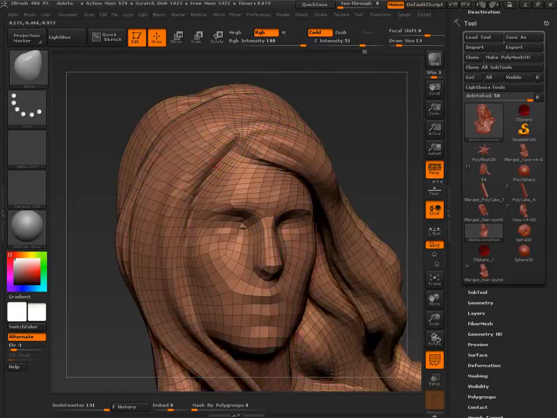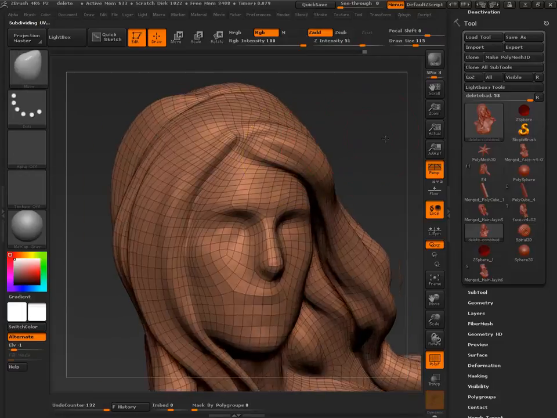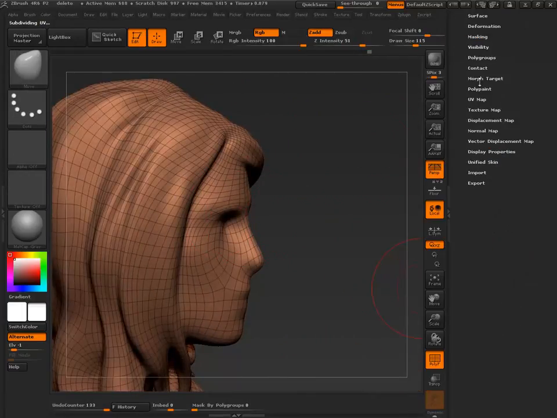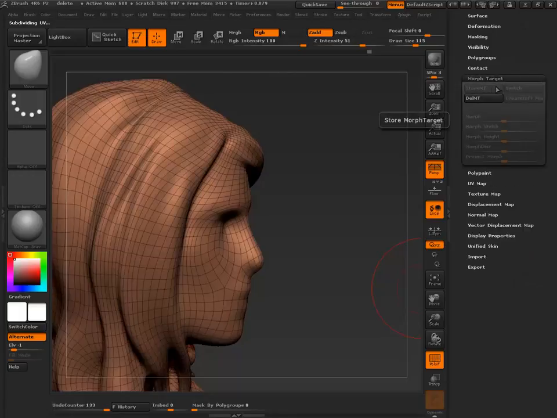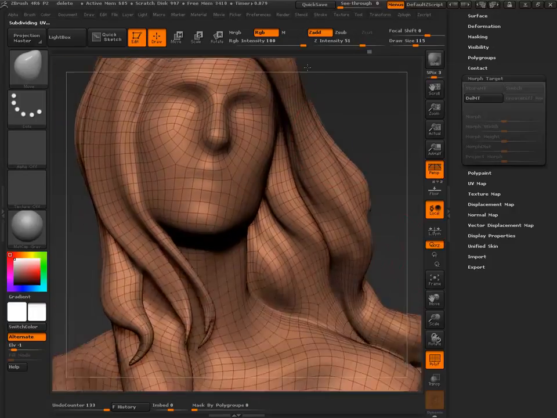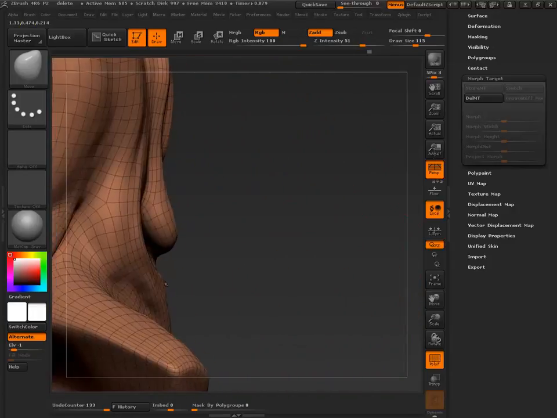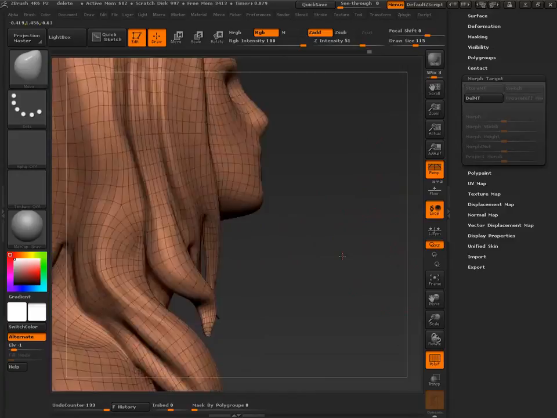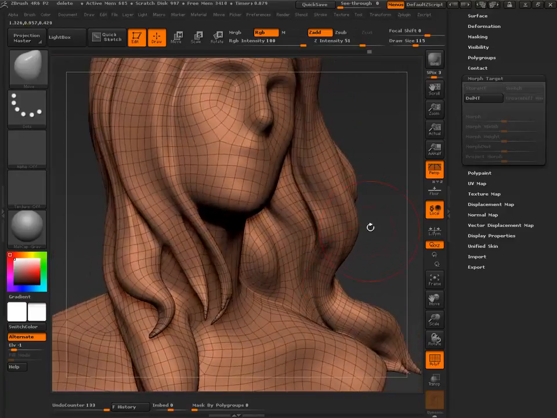Okay, so now these are not separated. If I divide this, they don't change. But do I have access to that morph target? No, because the vert count has changed somewhere. Because remember, we merged vertices, so I bet you somewhere hidden there's going to be one vertice that just kind of merged out of its way.